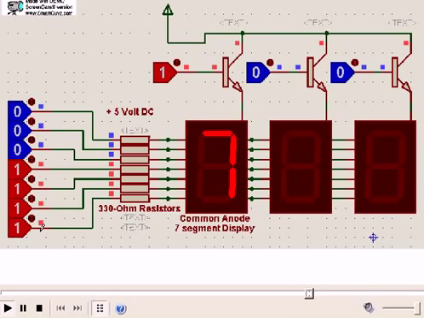At that time the corresponding transistor is switched on, and all these happen at such a high rate, that means 1, 0, 0 or 0, 1, 0 or 0, 0, 1, they happen at such a fast rate, we call it multiplexing. They happen at such a fast rate that all the digits will appear to be stationary. In fact, each digit is visible only once, while the data coming from the controller is in